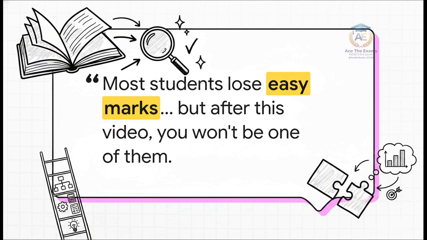The prompt doesn't say calculate. It says evaluate and advise. If you just give me the numbers, you are actively ignoring the hidden constraints of the prompt. We need to deeply contrast analyze versus evaluate, and explain versus to what extent. An analyze question wants you to break down the mechanics, how the contra entry works. But an evaluate question? That requires judgment. You have to look at the numbers, determine their significance to the business, and provide a justified conclusion. You are essentially diagnosing a problem and prescribing a cure. After today's session, you won't be leaving those marks on the table.